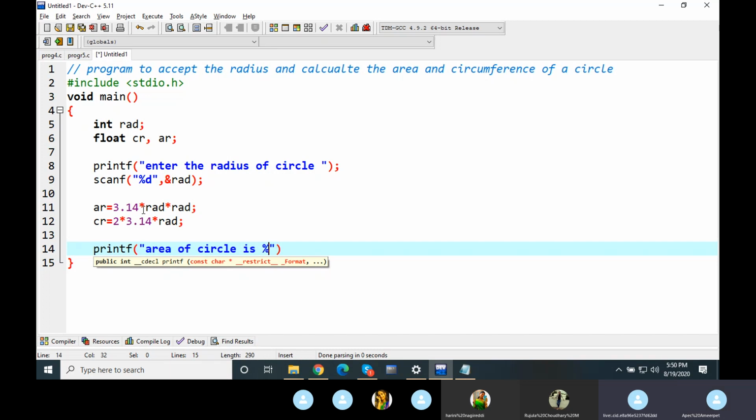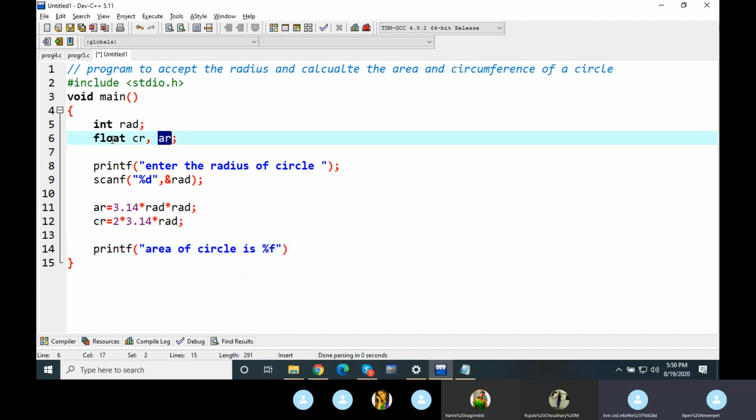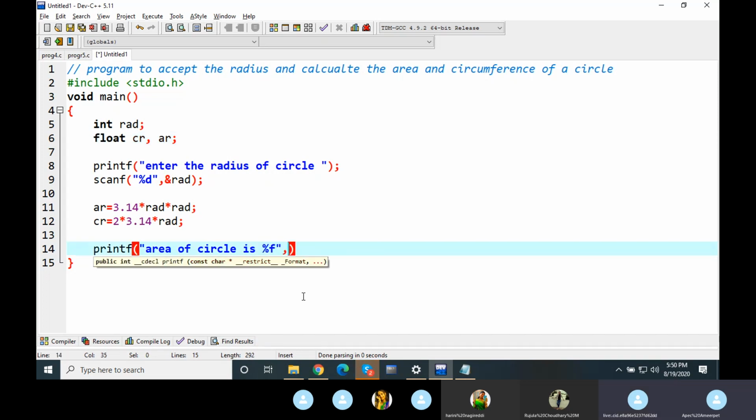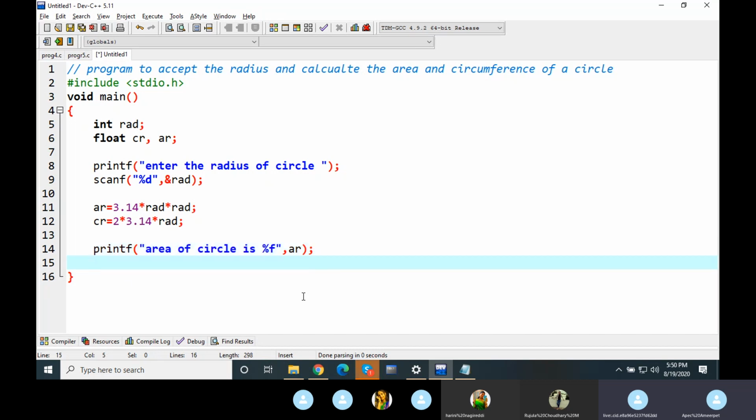Percentage F, because what you want to display is area. Area is already declared as a float variable. Float symbol is percentage F. So we write percentage F, quotation close, comma, AR. That is for area. And similarly, we'll write it for circumference also.